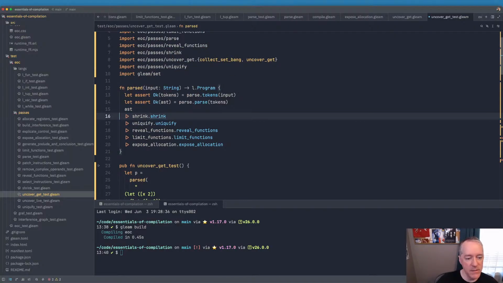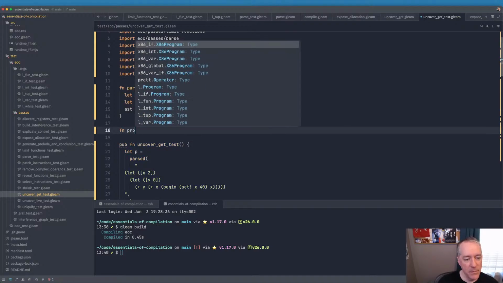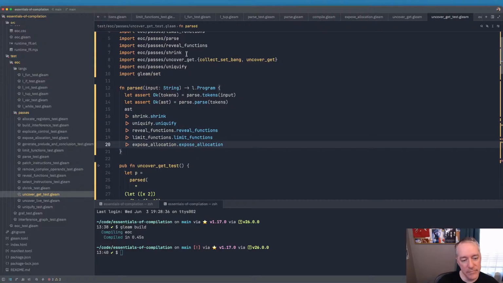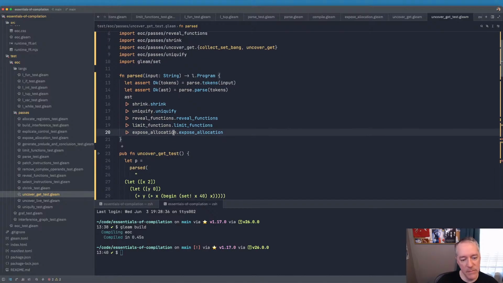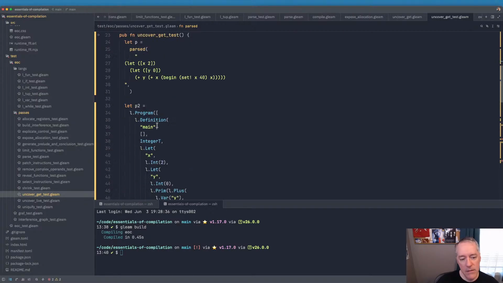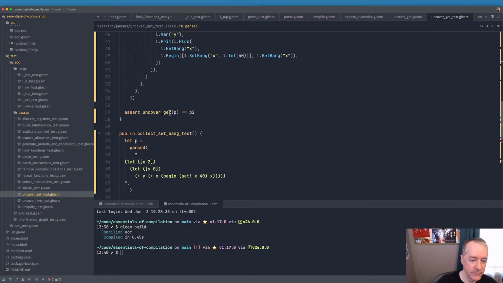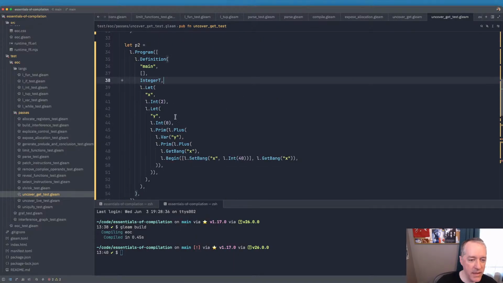What we need here is this can be parsed, and this can be program. The problem is these transformations mean that uncover get gets a different intermediate representation. So collect set bang would have to be on. Okay. So I think that what we'll do